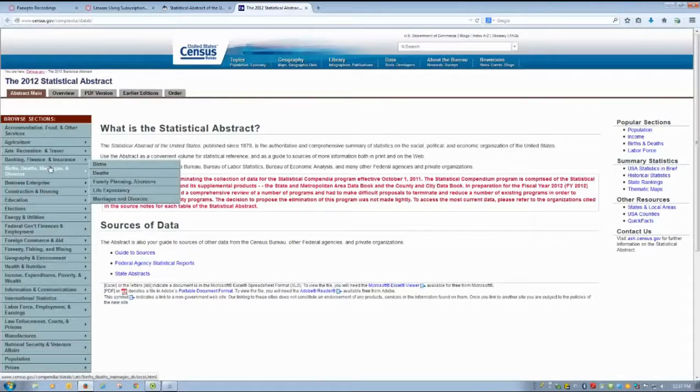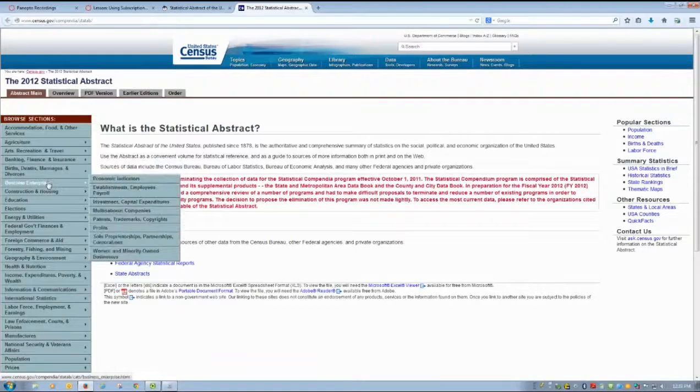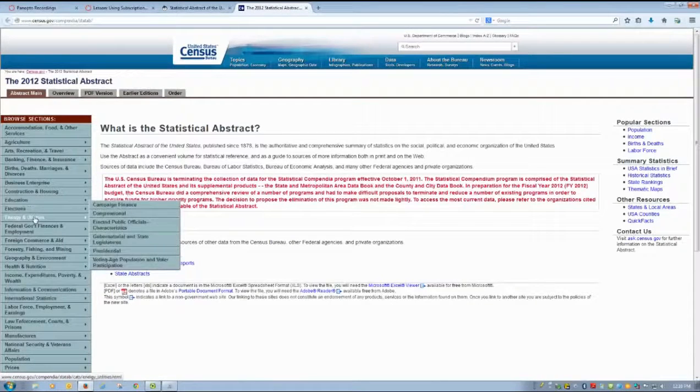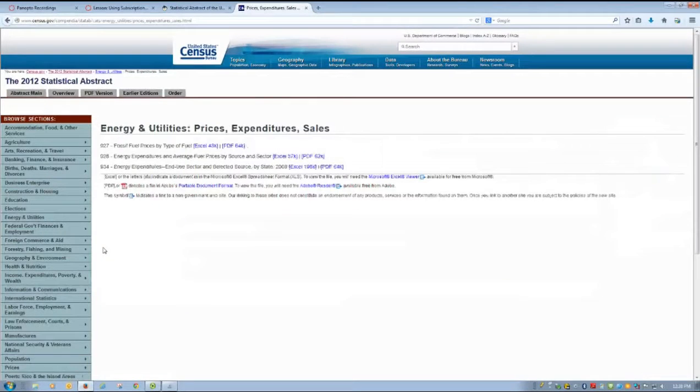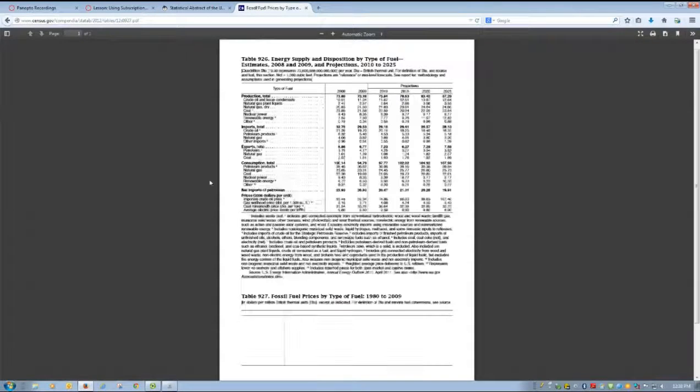Over here you can see all sorts of different topics. If you're still not sure what topic you're interested in, you might look over here and see where there is data, and then you could use that as a beginning point, really, for deciding on your topic. But if you were interested in energy consumption or energy costs, for example, you could research this. So if you were interested in prices, expenditures, and sales, you would click that, you would open the PDF, and